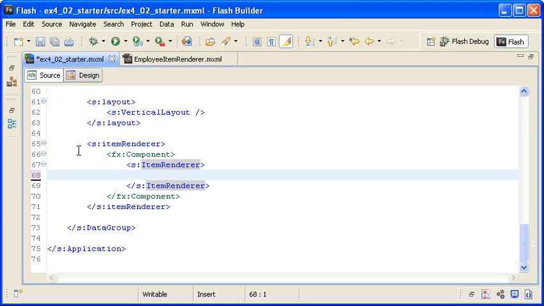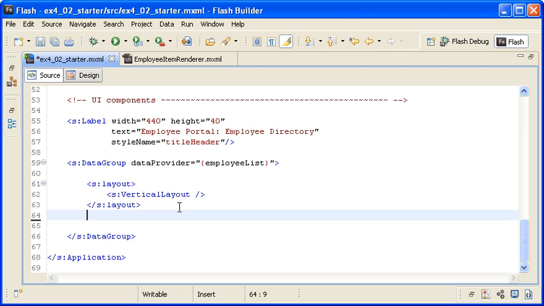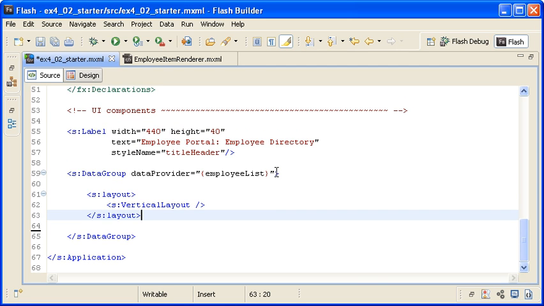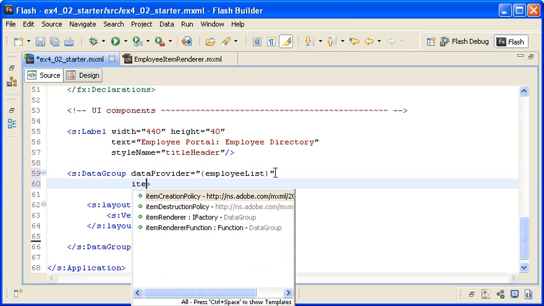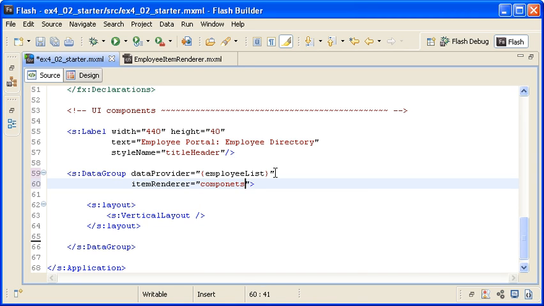I'm deleting the nested item renderer property from the data group container and replacing it with an inline item renderer property. For the value, I'm pointing to the components.EmployeeItemRenderer class file. Remember that the class file is in the components directory. When I save the file and run the application,